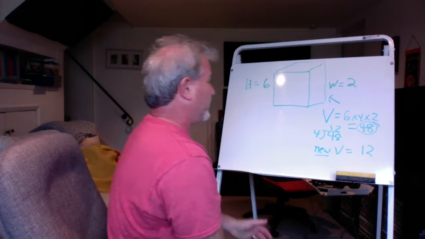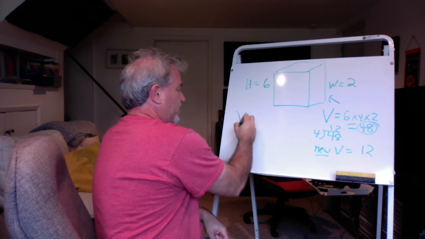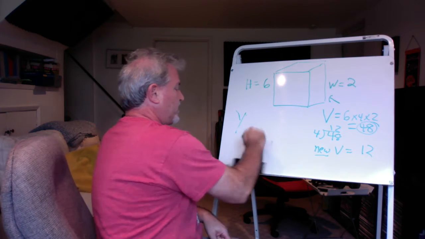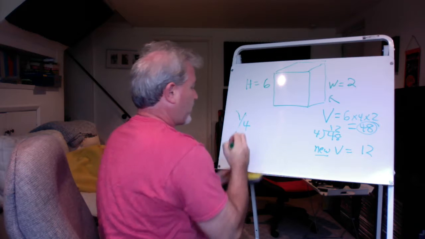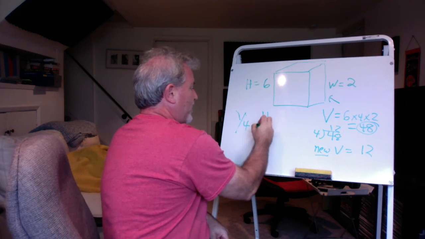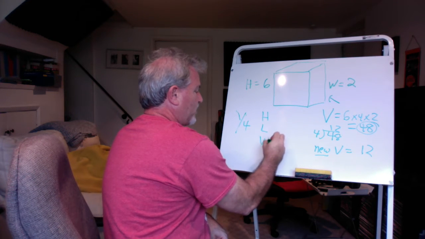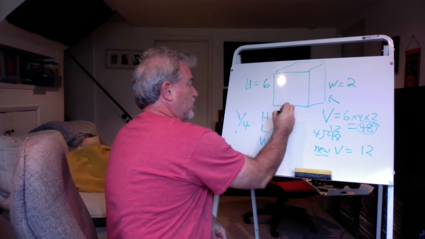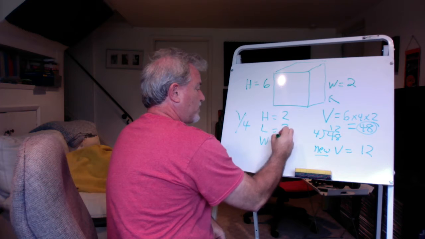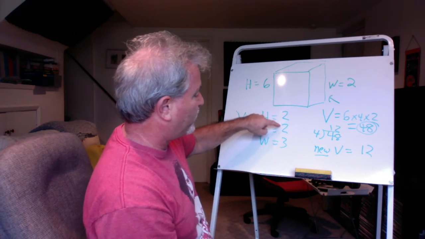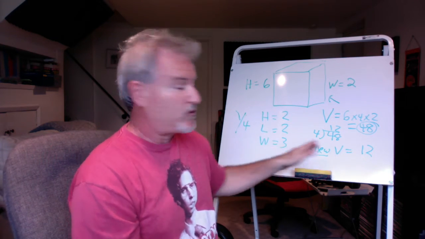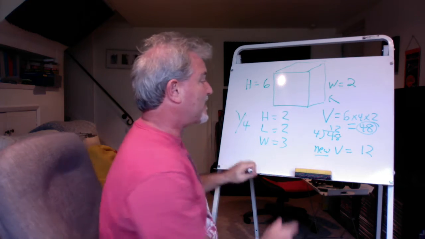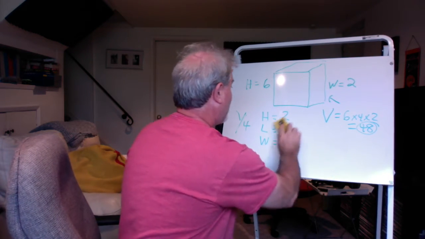If I wanted to cut it, I'm sorry, not in half, if I wanted to cut it to a fourth, then I would have to make up a height, length, and width that equals 12. So I could do 2 times 2 times 3. 2 times 2 is 4. 4 times 3 is 12. There's a lot of ways you could do it. Let's say I wanted to come up with